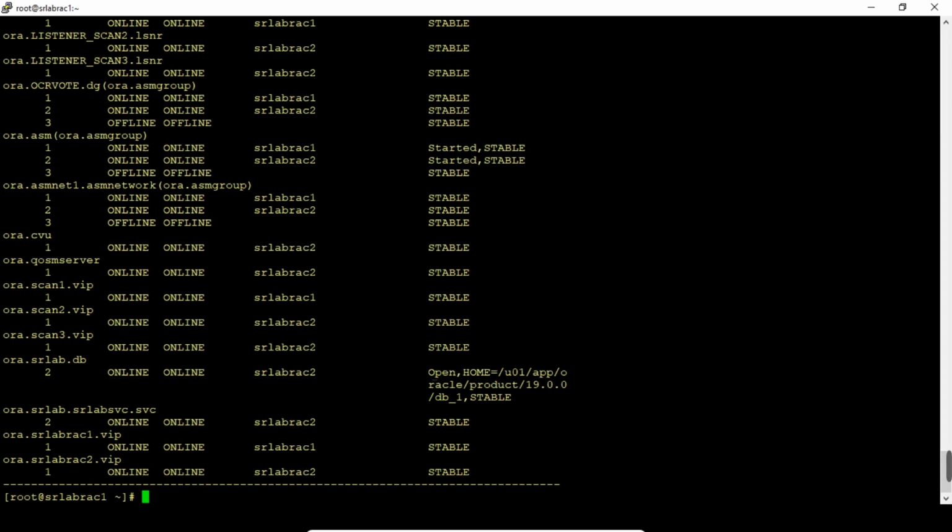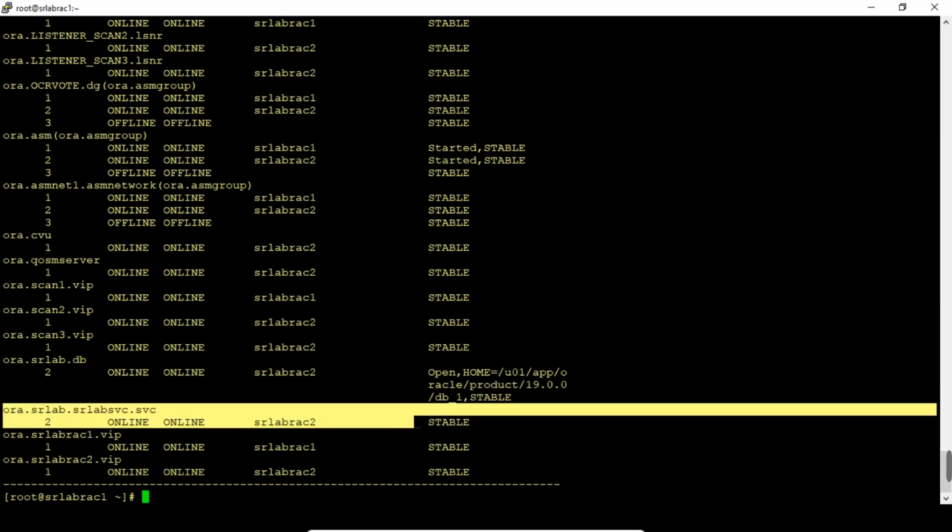On node 2, the DB services are running, and the service is also running on node 2.